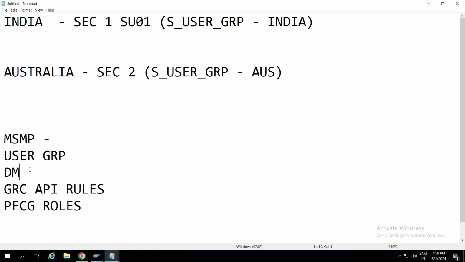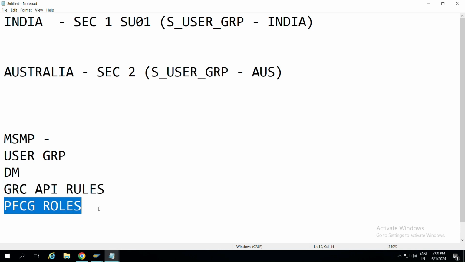Directly mapped means you will be mapping them directly, only the user ID you will be sharing. GRC API means you have different roles which are already present for approvers. If you assign those kinds of roles to them, or if you have any kind of BRF plus agent rule, then you can use those agent rules here.